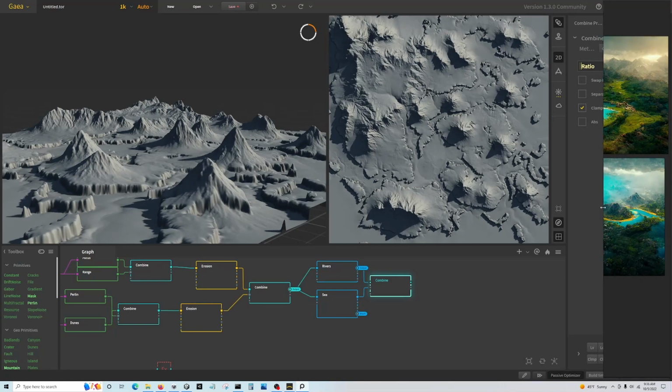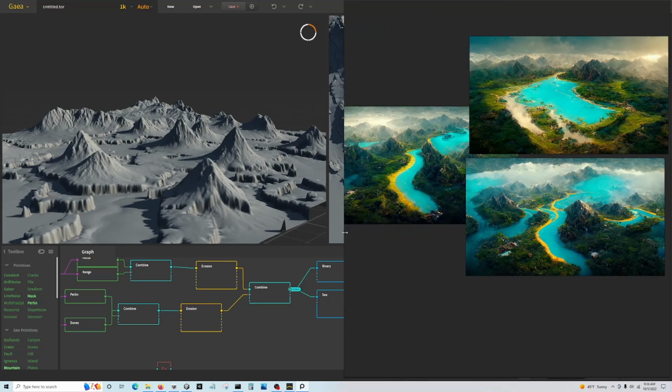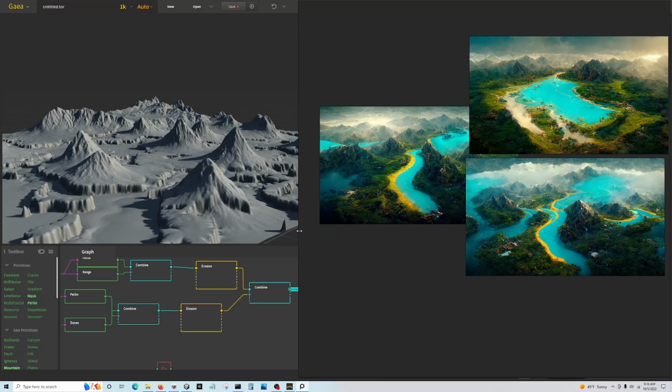Okay, for the purposes of this exercise, I'm going to stop here and pull it into Unity and just see what we have to work with once it's all done. I'm not going to bother to texture it in Gaea, but we can always make tweaks to it. So to export,